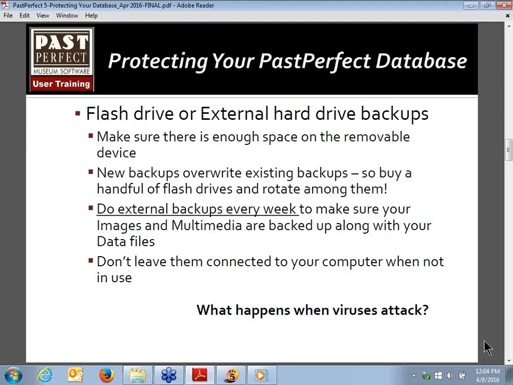One other thing to consider is that when you do make these removable drive backups, you're going to overwrite the existing one that's on that device. It can only keep one external backup at a time on any particular device. So that's why we suggest go to the store, grab a handful of them, and then rotate among 3 or 4 of them. So that way you're not immediately overwriting your most recent backup that you've made. You have a little bit of time, maybe 3 or 4 weeks' worth of a time range there,